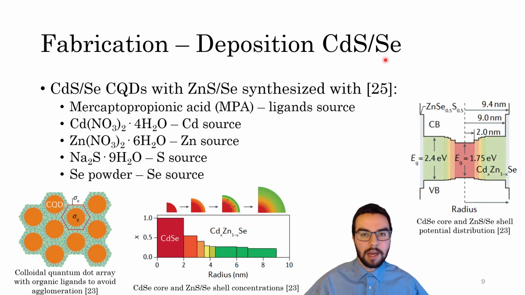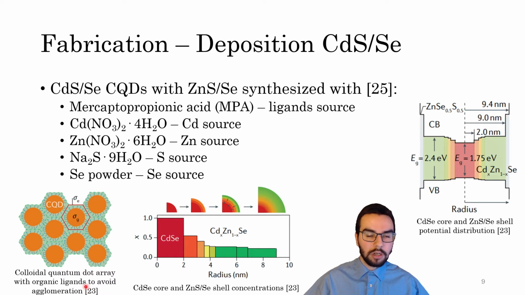Cadmium sulfide and cadmium selenide quantum dots are colloidal quantum dots. That means they're suspended somewhere. And they are usually accompanied by zinc sulfide or zinc selenide shells. They're usually synthesized with the following: MPA for the ligands, and you can see on the bottom left here that the ligands allow for the